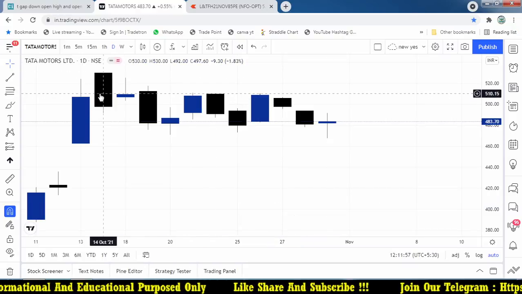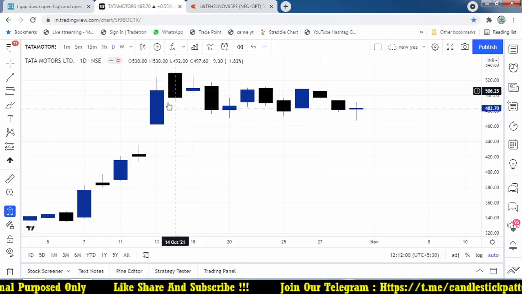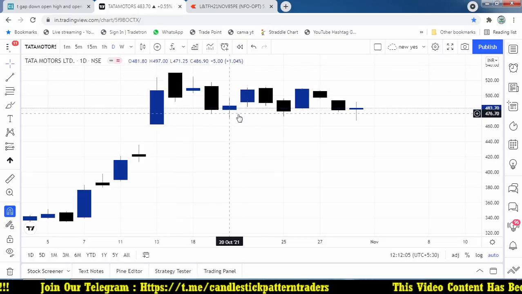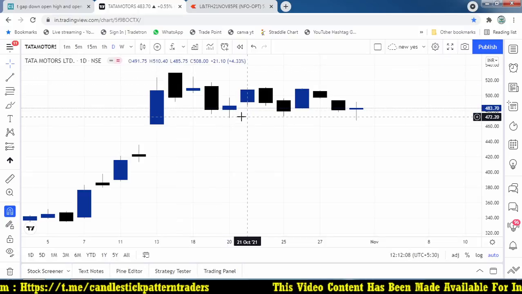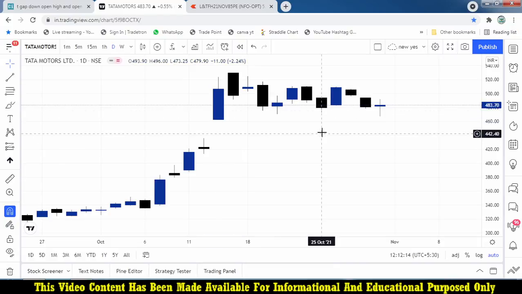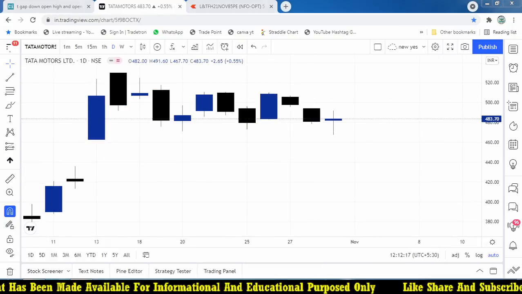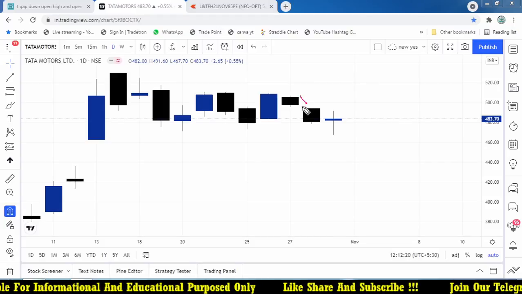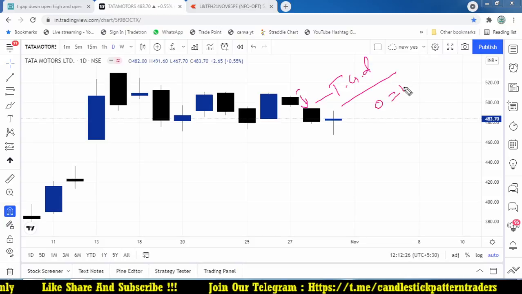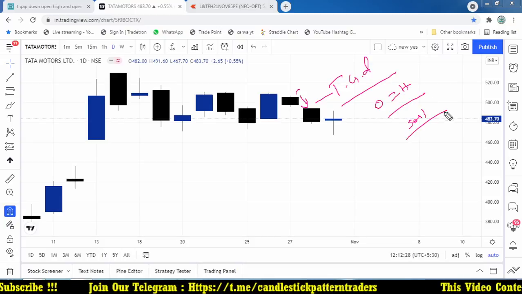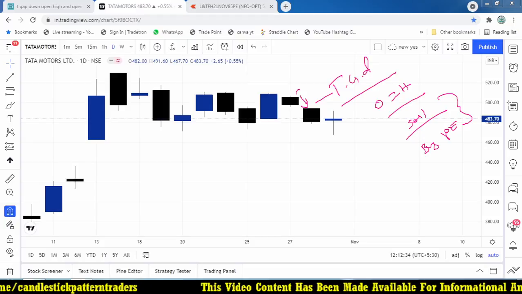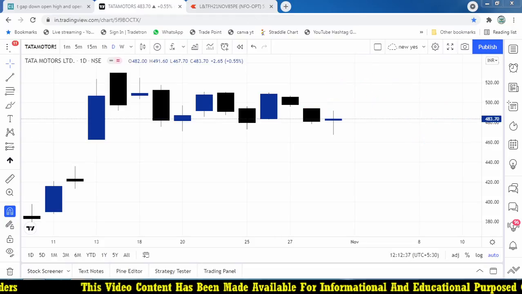And previously here also the same pattern formed, but this is not a gap down, this is a gap up. So technical gap up at 530. If I am buying a 530 put option, within 3 days I'm going to get such a huge benefit from that put option. That is very important using this strategy. But here, technical gap down, open high, I'm going to sell the stock. So for this particular trade, technical gap down and open equal to high, sell future or buy put option, both work well. Simple, that is the strategy which we are going to use for this trade.